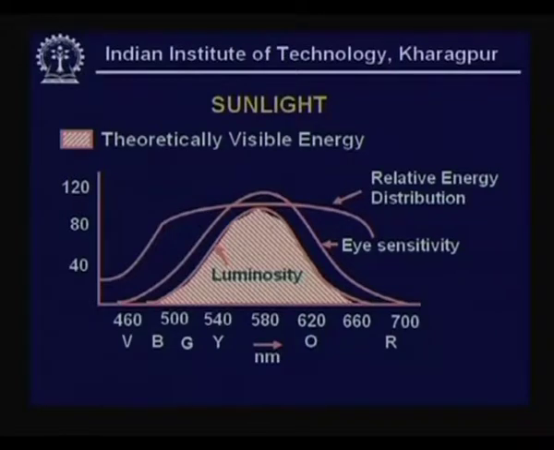This could be called the luminosity of sunlight. One obtains it by multiplying the relative energy distribution curve with the eye sensitivity curve. So, in principle, the overall area is the energy of the radiation that is made visible. So, it is very clear that